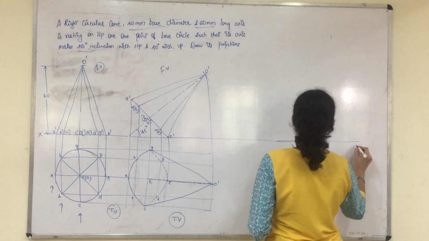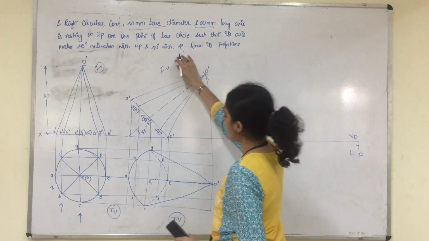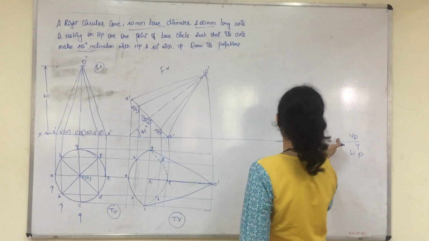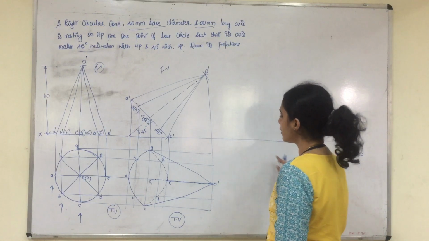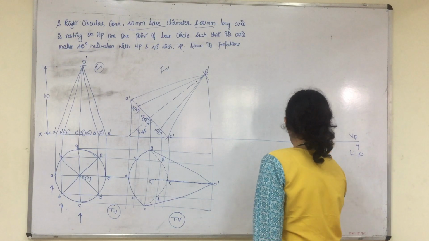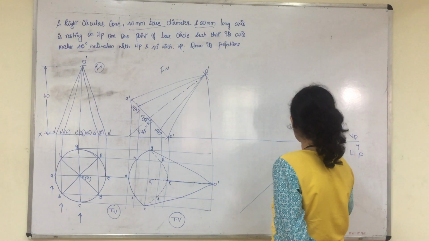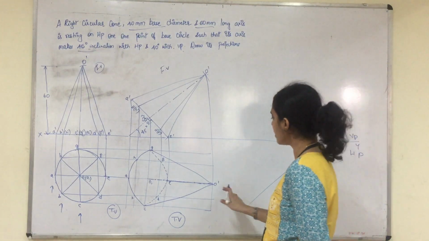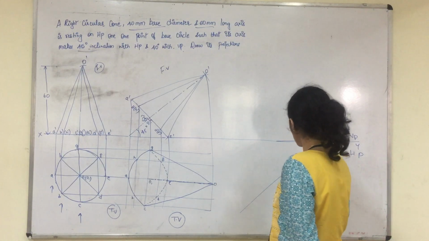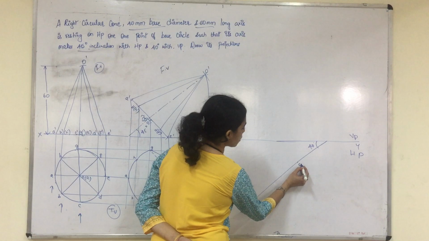Here the axis is directly inclined to VP. At what angle? At 40 degrees. So what we do is we will take either 40 degrees to VP this way or 40 degrees to VP in this way. So please take the 40 degree line and then show the VP inclination as 40. Before shifting, just fix the reference point O. Leave some space and then make a reference point O.